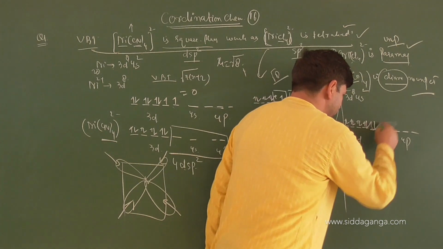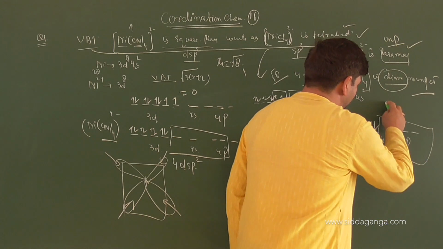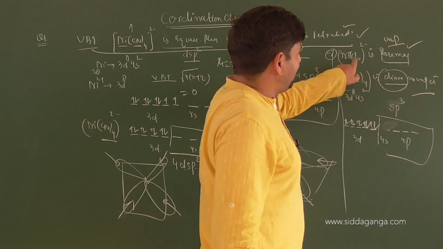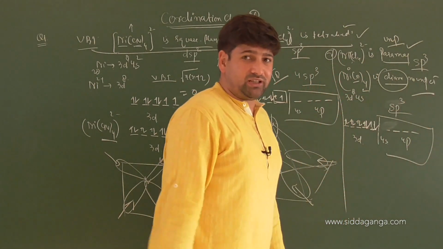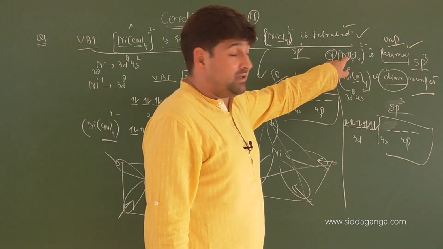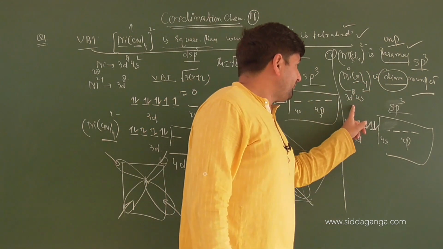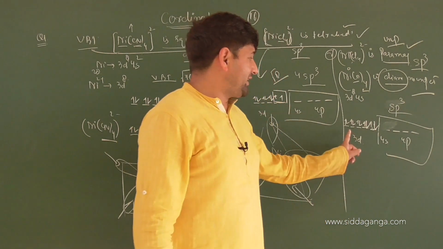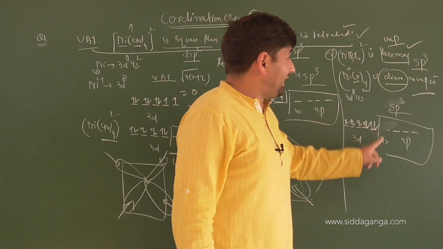As the electrons shift into d, the hybridization of Ni(CO)4 will be sp3. And here NiCl4 is also sp3. Although both are sp3, why is NiCl4, which is in a weak field system, chlorine being weak field, paramagnetic? We can understand that because there are 2 unpaired electrons. But in CO, there are no unpaired electrons because pairing has been forced here. Once pairing comes into play, there are no unpaired electrons, thus it will be diamagnetic. But keep it in mind, both are sp3 hybridized.